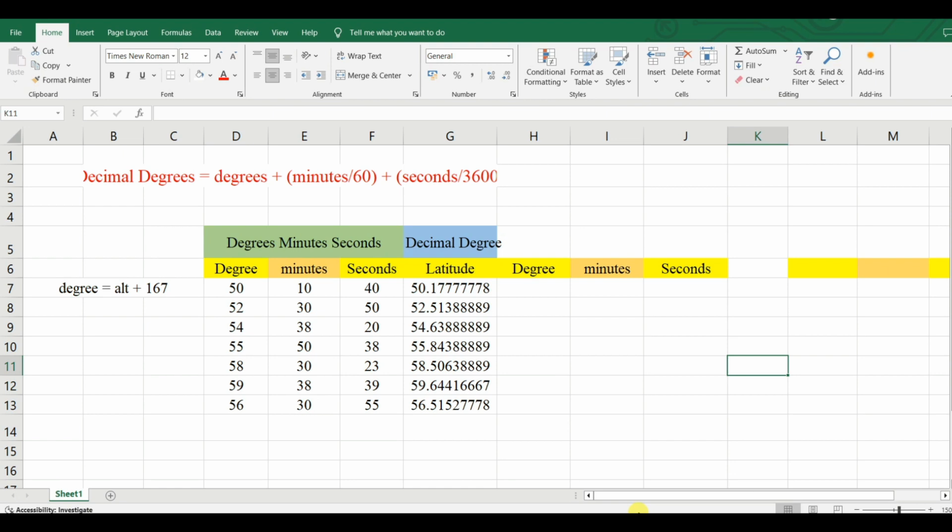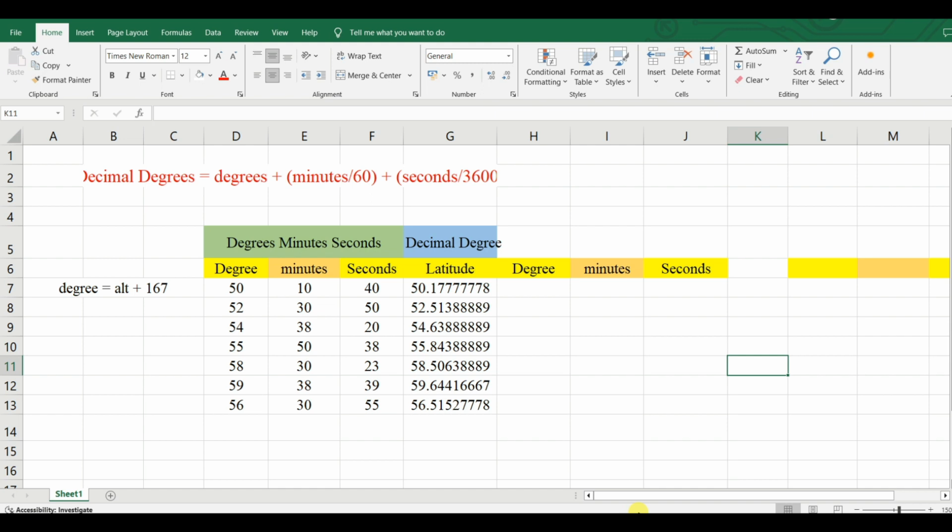In the previous videos, I tried to show how you can convert degree, minutes, seconds into decimal degrees, and in this video, I discuss how you can convert decimal degrees into degree, minutes, seconds. This will be part 1 of converting decimal degrees into degree, minutes, seconds. In this video, I discuss the basic understanding of how you can convert any latitude or longitude in decimal degree